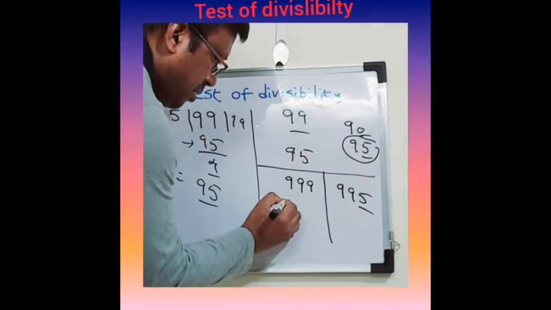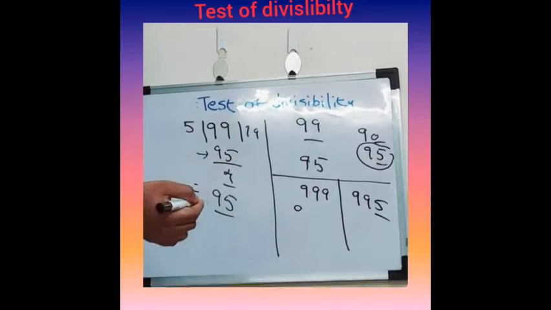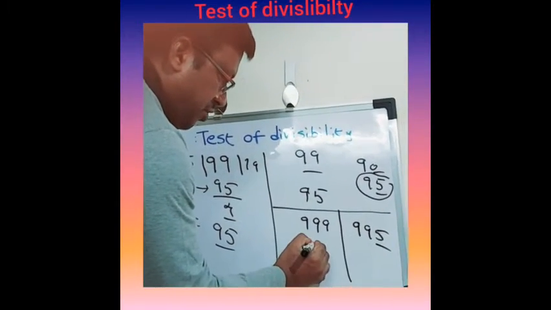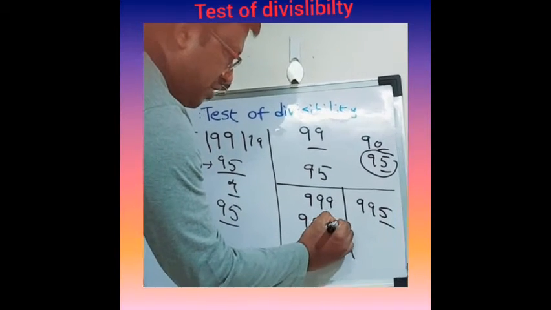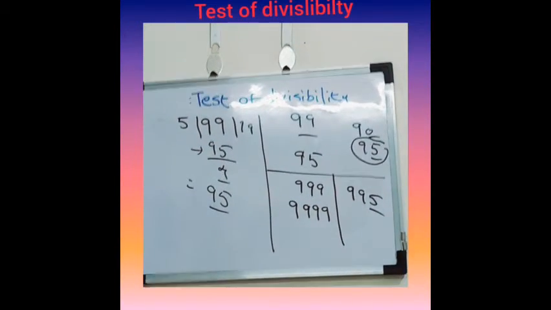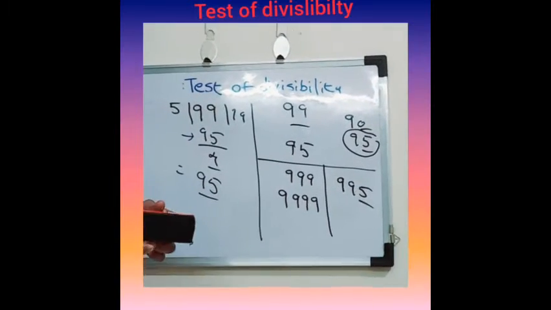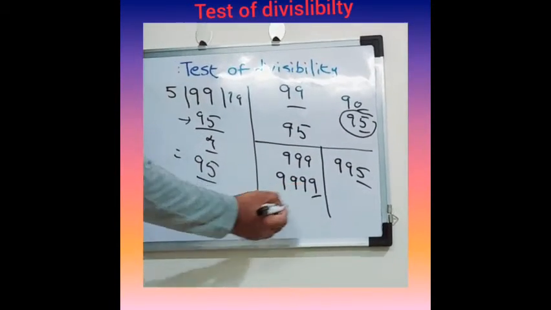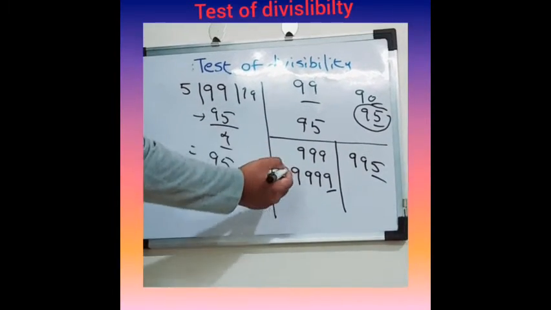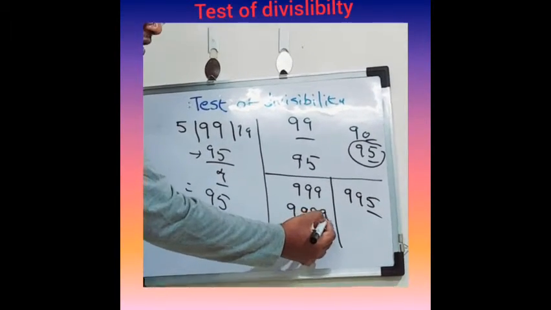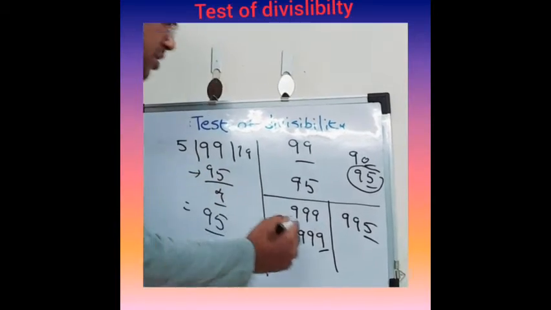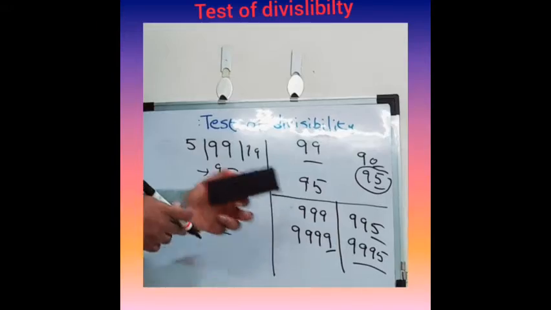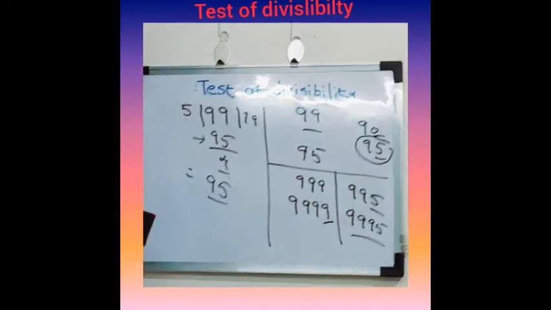Similar way, if a question comes, what is the highest 4-digit number that is divisible by 5? We know the highest 4-digit number is 9999. But the question is, you want the highest 4-digit number which is divisible by 5. Here the unit position should be 5, because if you take 0, that is 9990. But we want the highest number, that is 9995. Without using pen or paper, you can directly solve this problem.